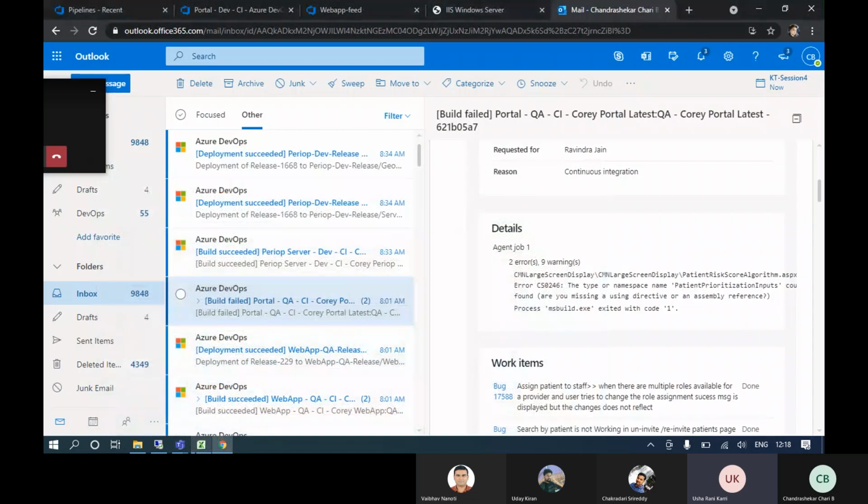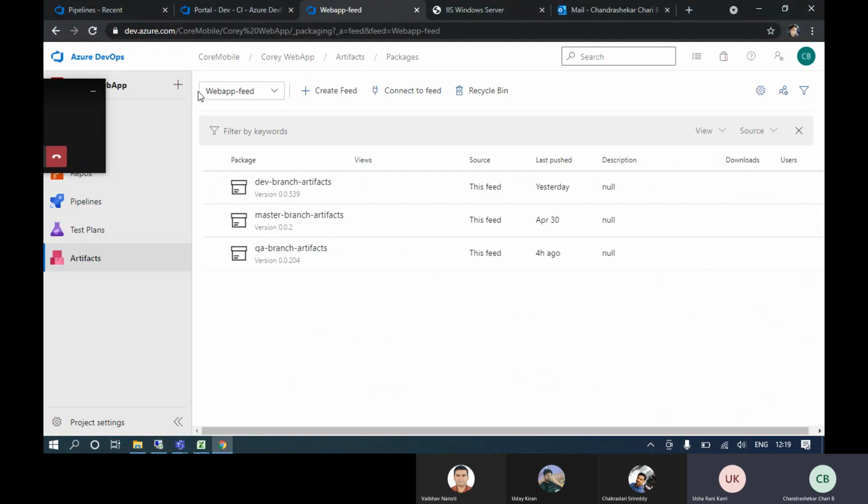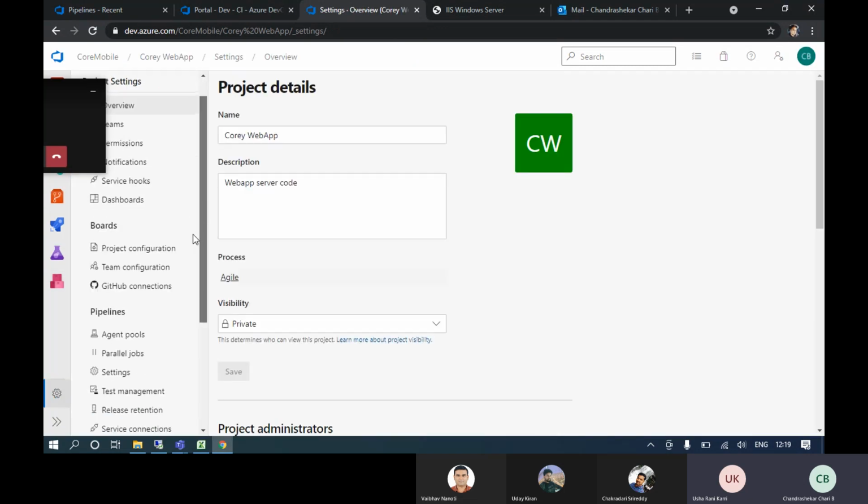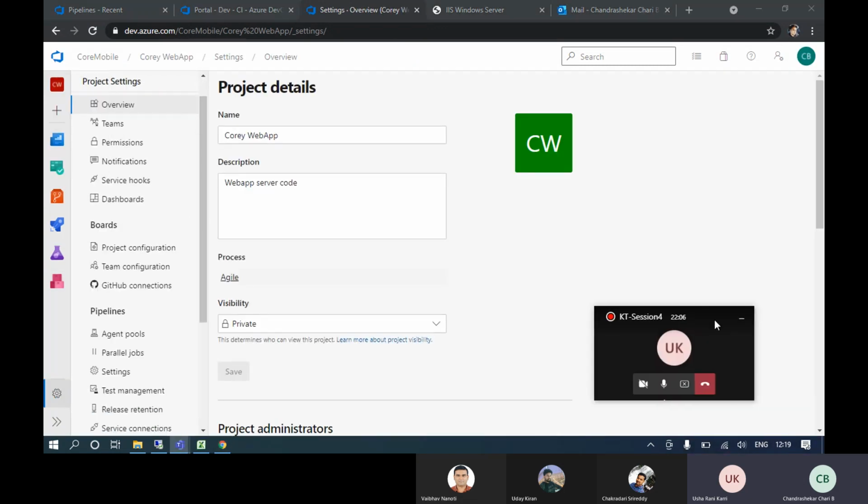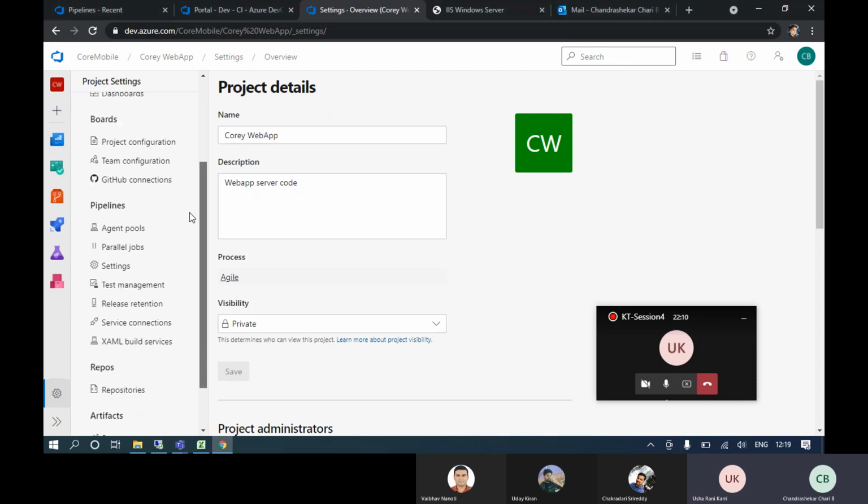So our ID should be added somewhere, in Azure DevOps. When you go to specific projects, there is project settings, right? In project settings, in notification, I think.